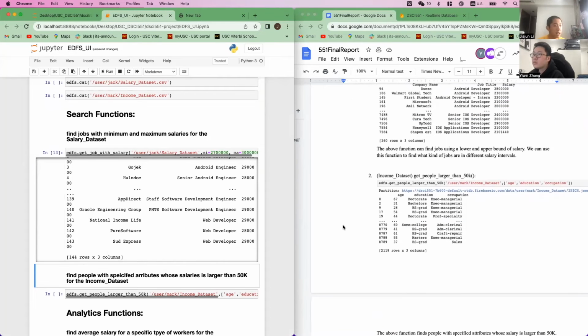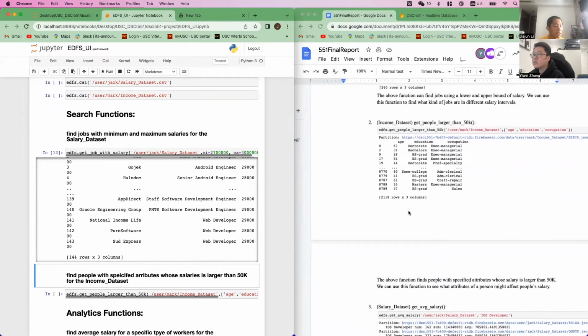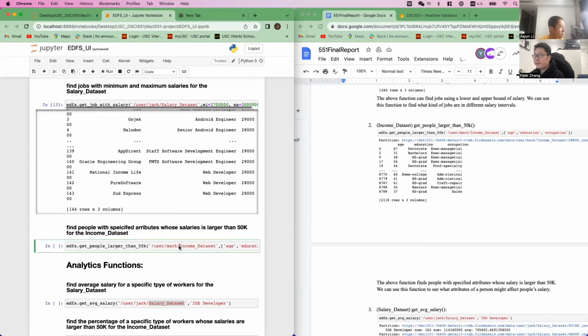So for the second search function, which is get people larger than 50K for the income data set, this function basically finds people with specified attributes whose salary is larger than 50K. And we can use this function to see what attributes of a person might affect people's salary. So first,